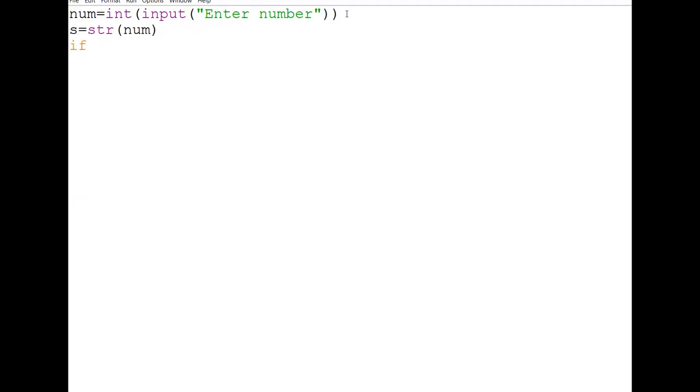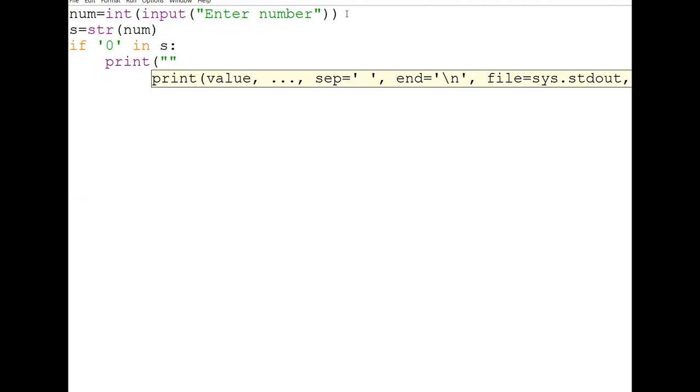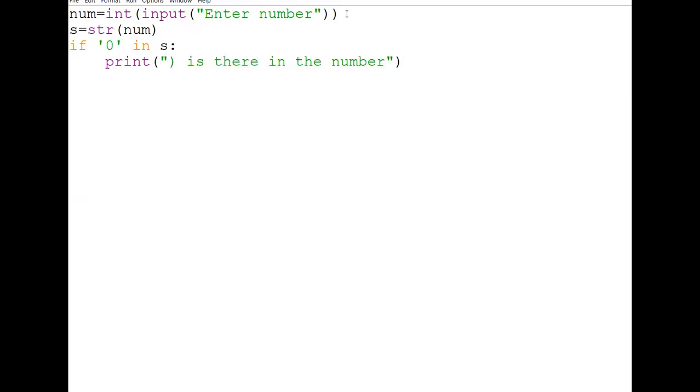So if 0 in S, meaning your string, just as we have seen, in that particular case we will print that 0 is there in the number, or else we can print not there.